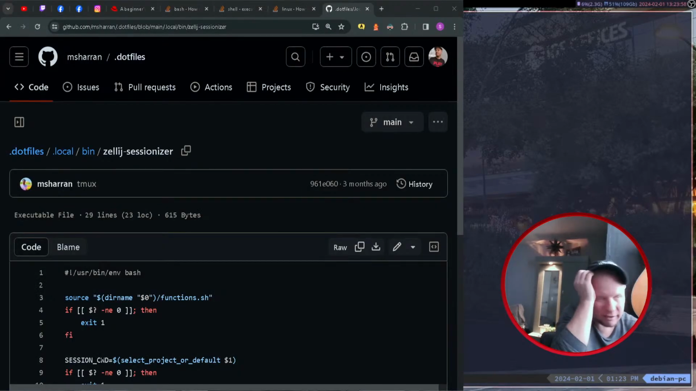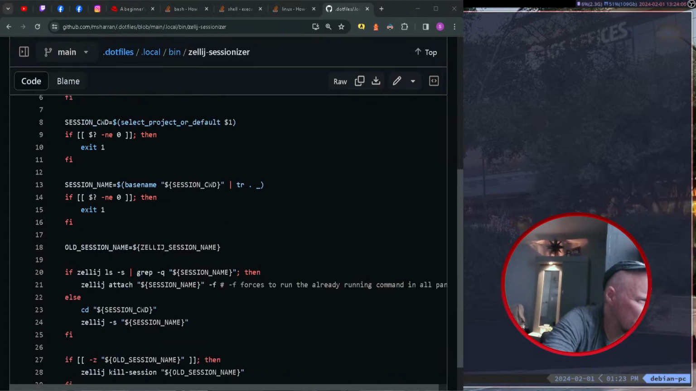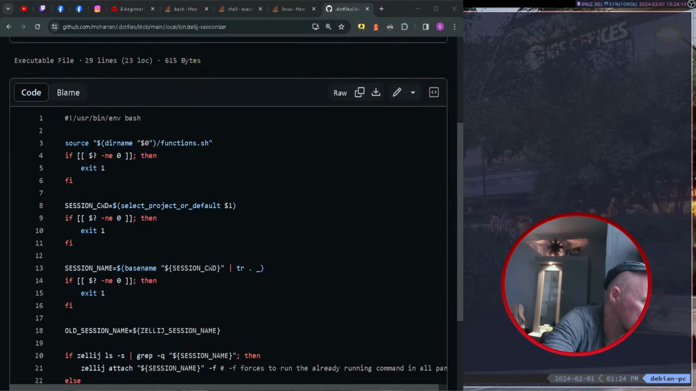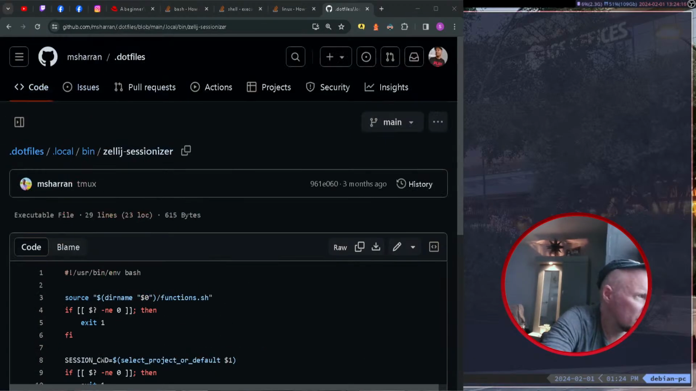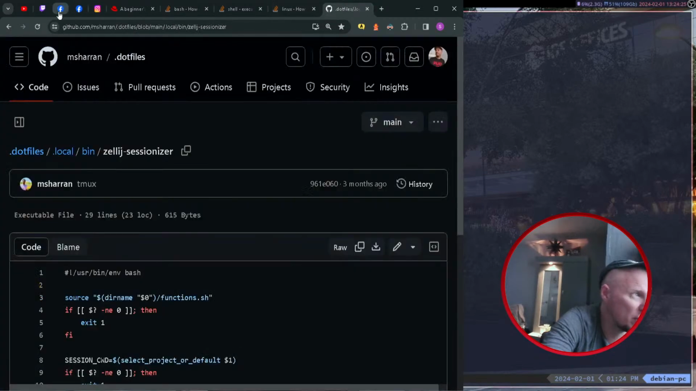So basically, this is what we're looking at. This is very interesting, actually. So this would basically show all the open sessions with Zellij, I think, if I'm not mistaken. This is actually really cool. I do definitely want to bookmark that. It's not what I'm looking for currently, but